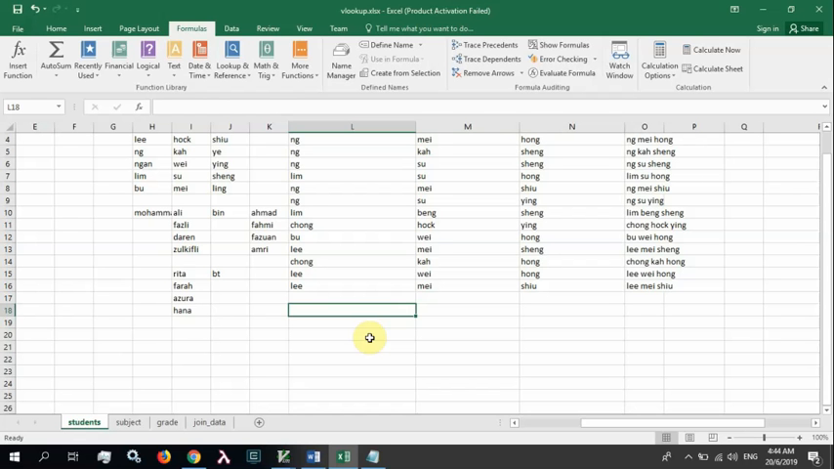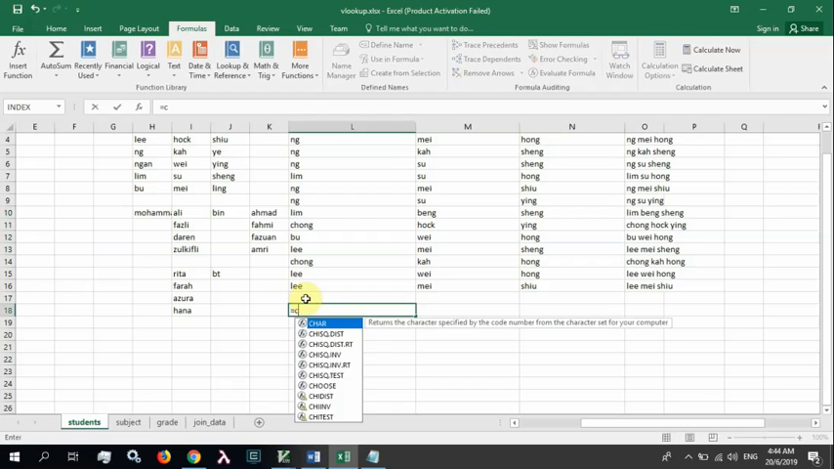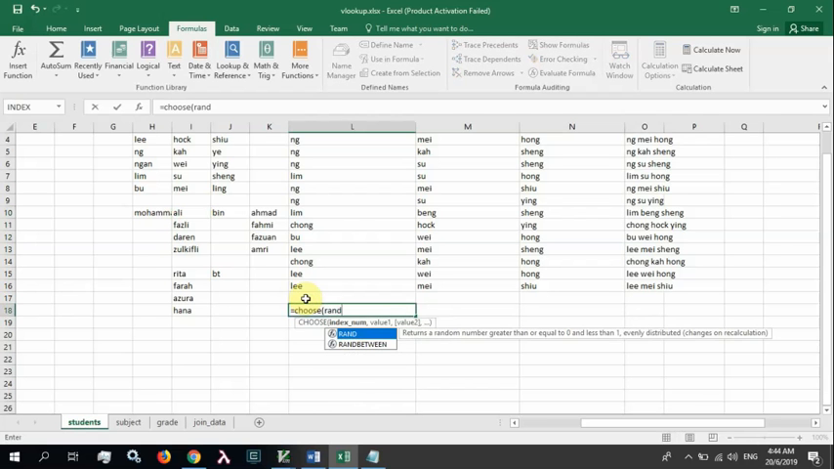Hi and welcome back. So to continue on where we left off, let's try to automatically pick a random name from this selected range here. So again, let's do our old trick. Choose random between, tab up. This is 1 to 5 because there are 5 rows. Randomly choose from